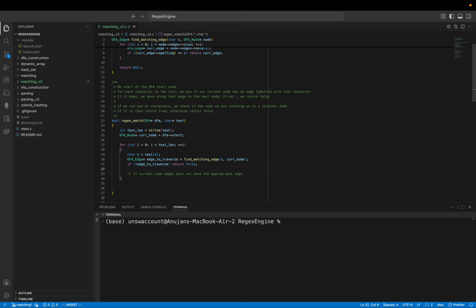Otherwise, actually, wait, hang on. Yeah, right? Should be fine. No, I'm pretty sure I'm right. If edge traverse, then there's no sense of backtracking because there's only one option, right? Okay, I'm starting to doubt myself, but I think it's right. If there's no edge to traverse, return false. Otherwise, the